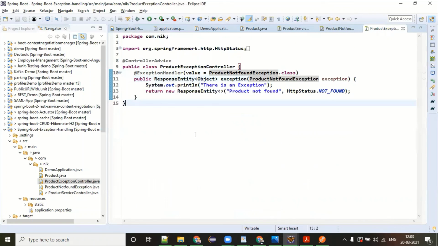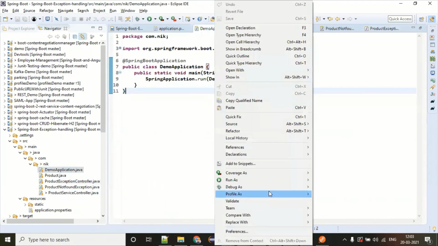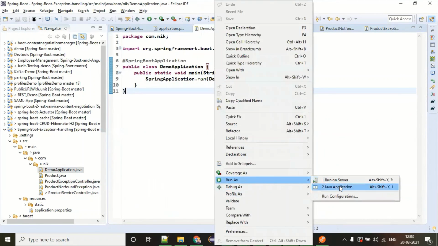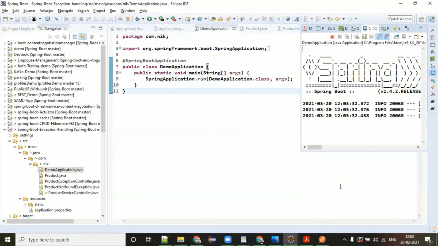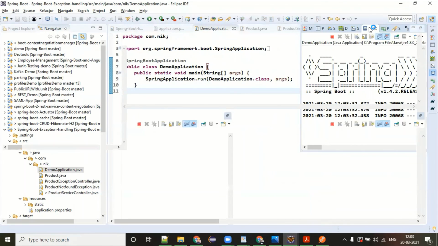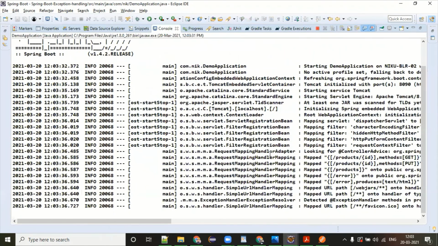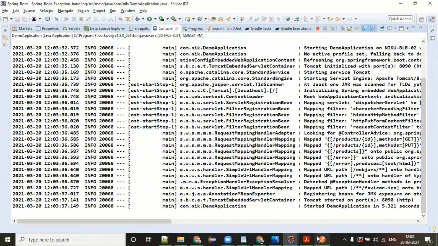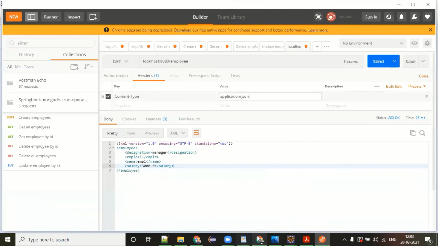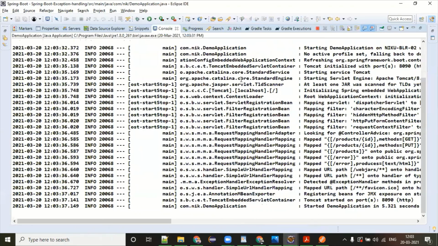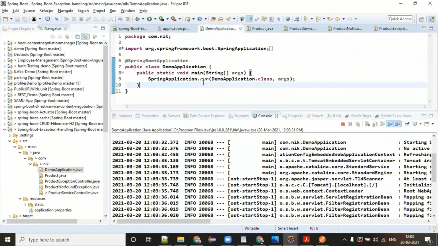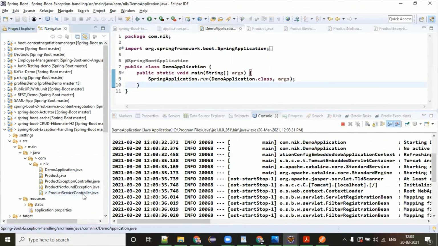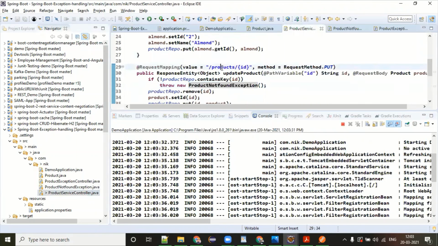To get confidence, the flow you understood, right? This is the typical flow we are doing. So let me run this demo application and see what's happening. It's on 8090, and what is the URL?